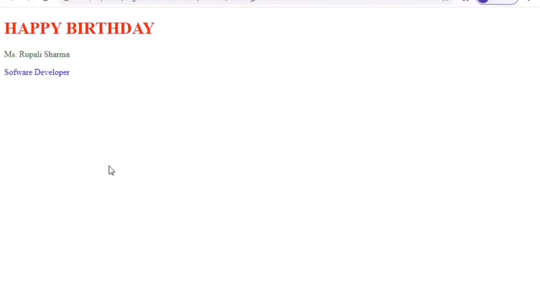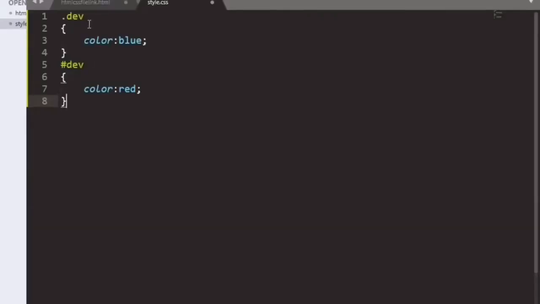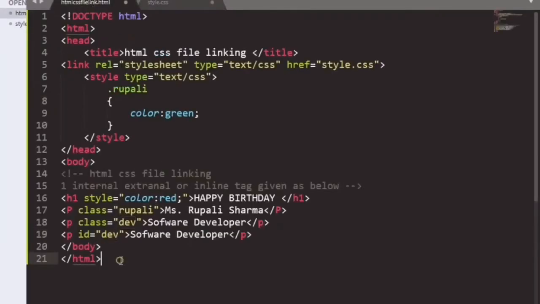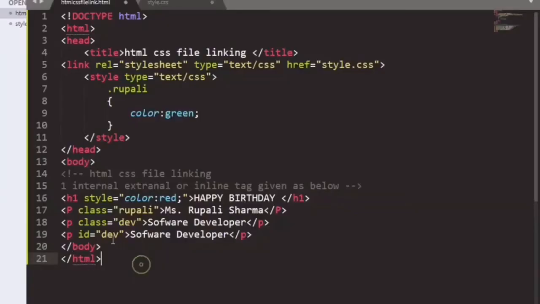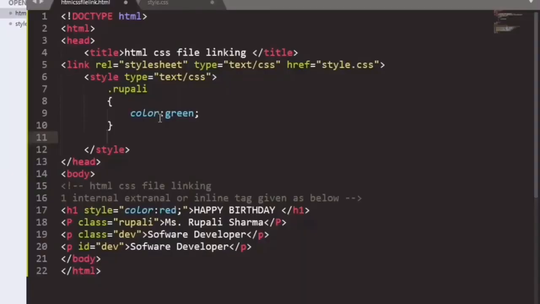Suppose we are giving a red color. So we also have to pass our id here.